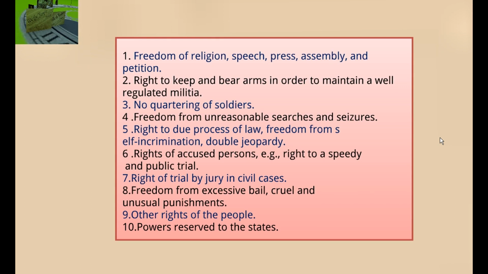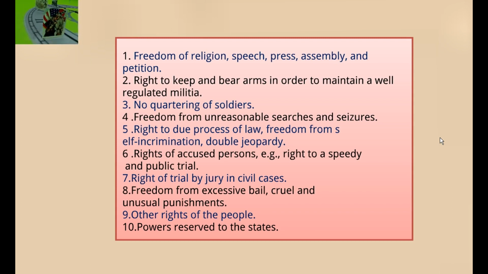Seizing property or searching property is now interpreted as including not just physical property but also digital, virtual property, the internet and privacy, emails, and so on and so forth. Fifth, the right to due process of law, freedom from self-incrimination, double jeopardy, very similar to the English constitutional tradition,